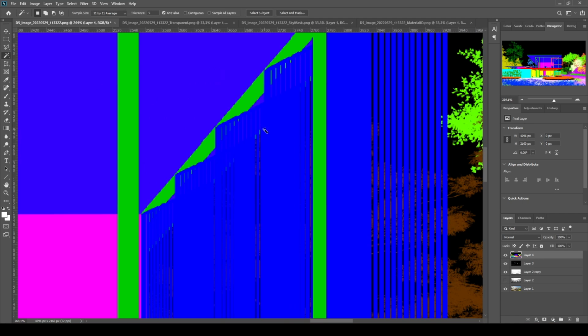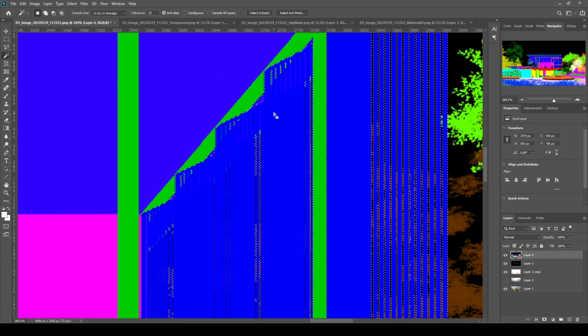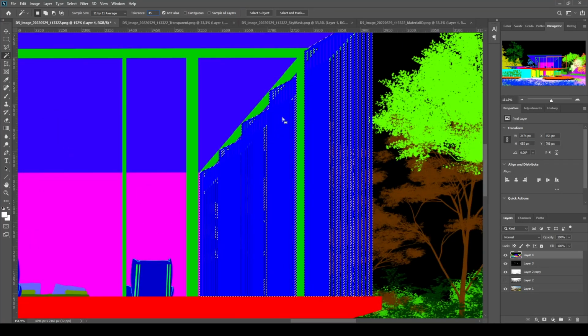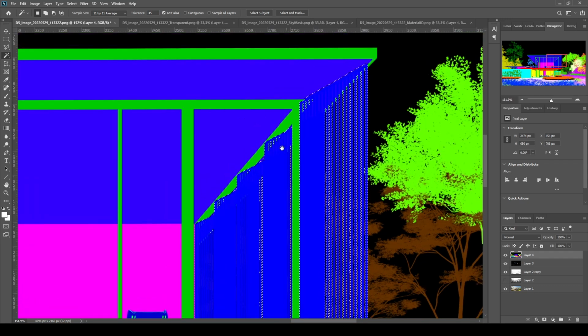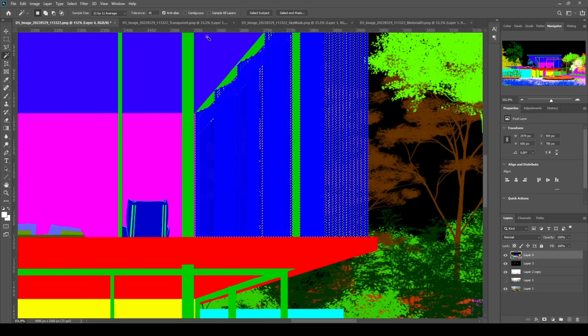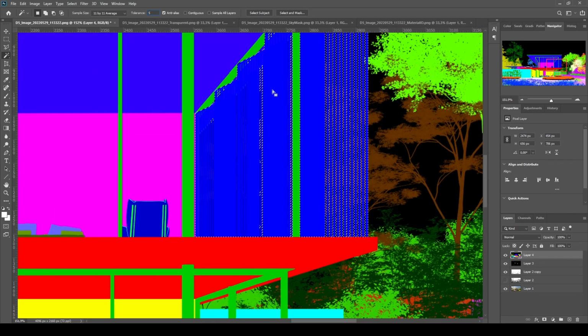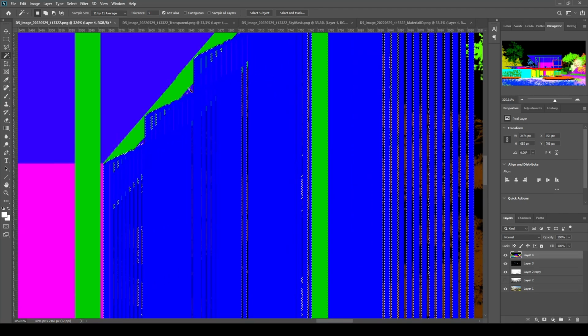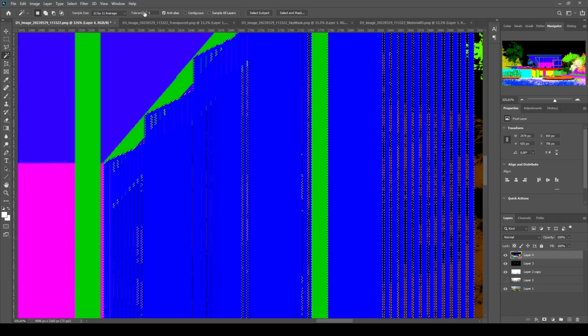Let's click that and we are going to turn off sample all layers, turn off contiguous, and decrease the tolerance. If we increase this and click, it can select a different color here. But if we decrease the tolerance, it will select fewer colors.